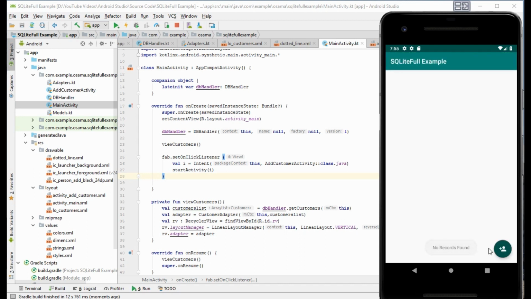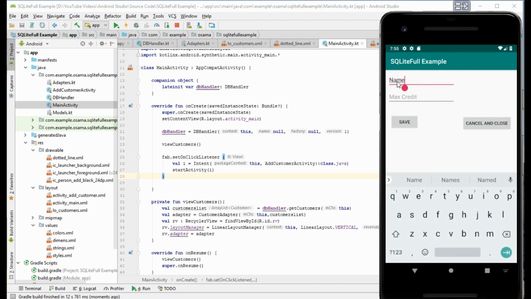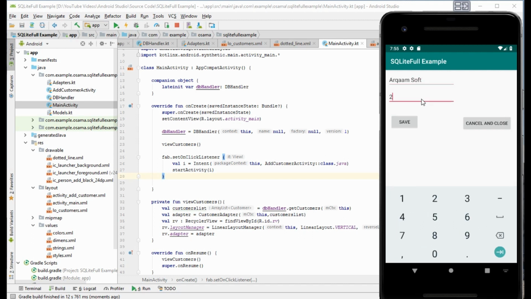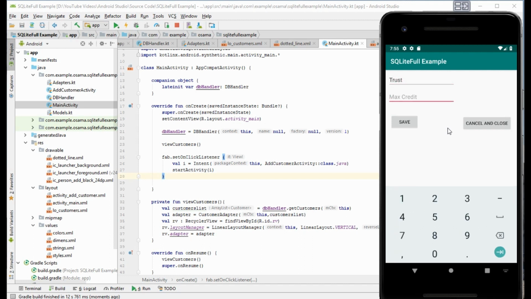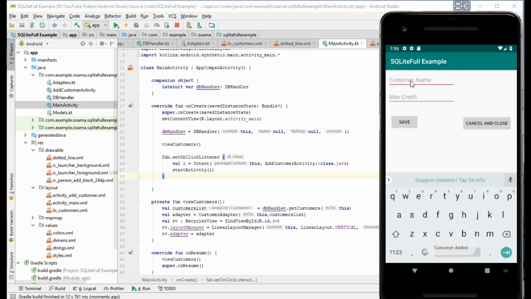Okay, no records found. We will add here the name Arqam Soft, max credit is $20,000. Save. Customer added. Here then Trust, 5,000, save.